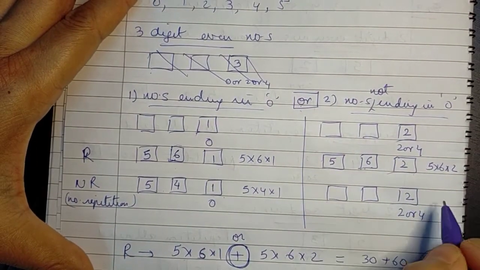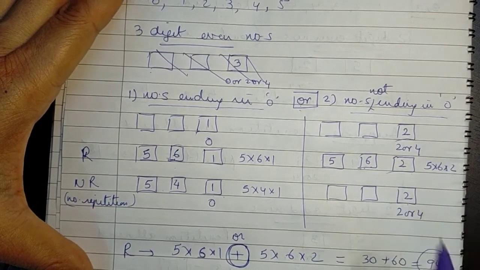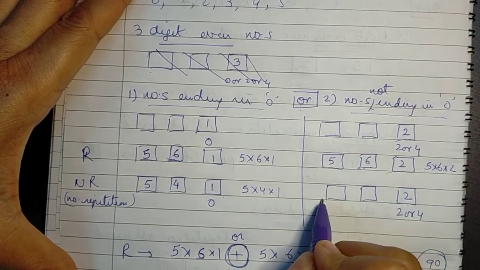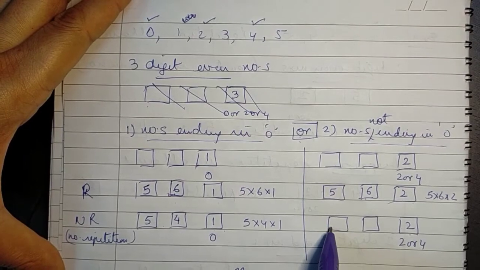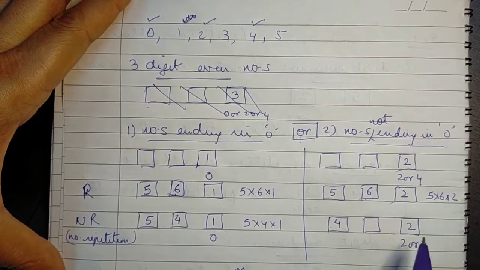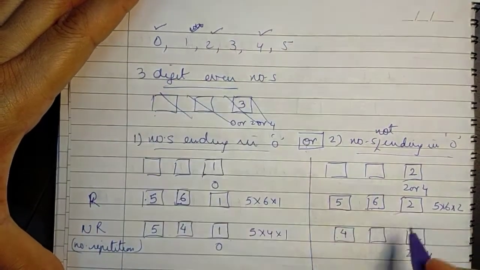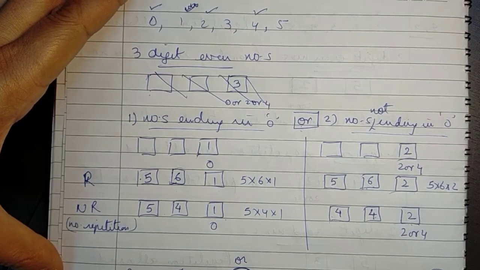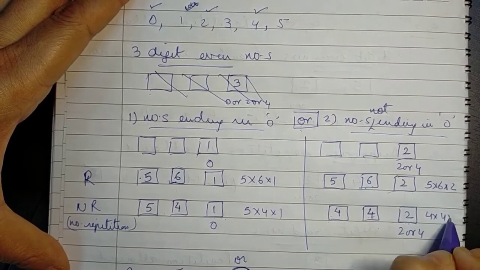Whereas over here, I have 2 options available, out of which we are using one of them. For the first place only 5 are available, but one of them is 0. We can't start a number with 0, so only 4 options are available here. Now one number is used up here, one number is used up here. So out of 6, 2 are gone, only 4 are available here, which includes a 0, because in the middle we can have a 0. So what we have is 4 into 4 into 2.